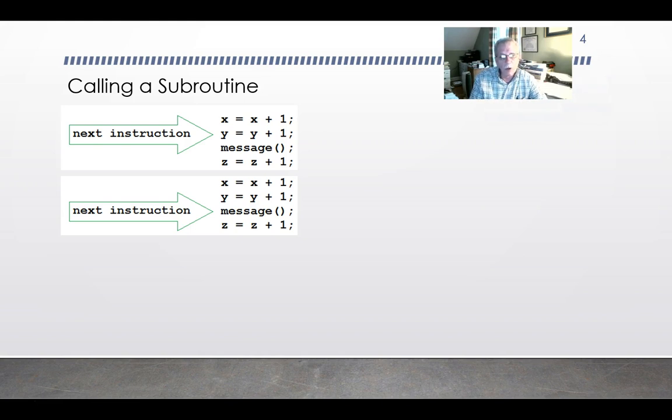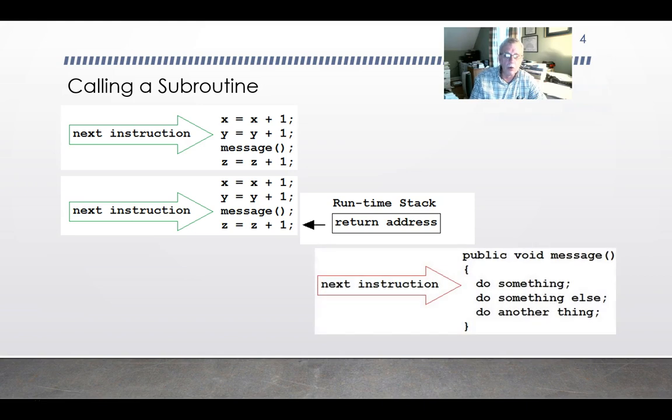But when this call to message is actually executed, here's what happens. The system will have to remember the return address, which means the address of the assignment statement assigning the value of some variable to Z. That assignment statement is the next sequential instruction that follows the call to message. So it stores that on the stack so it can remember it. Then it proceeds to make the actual call. Now it goes into the subroutine called message and begins to execute the instructions there